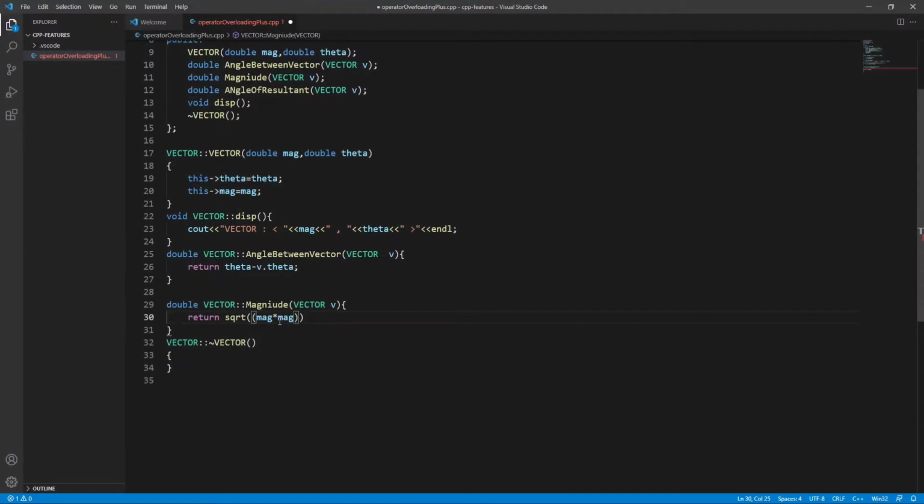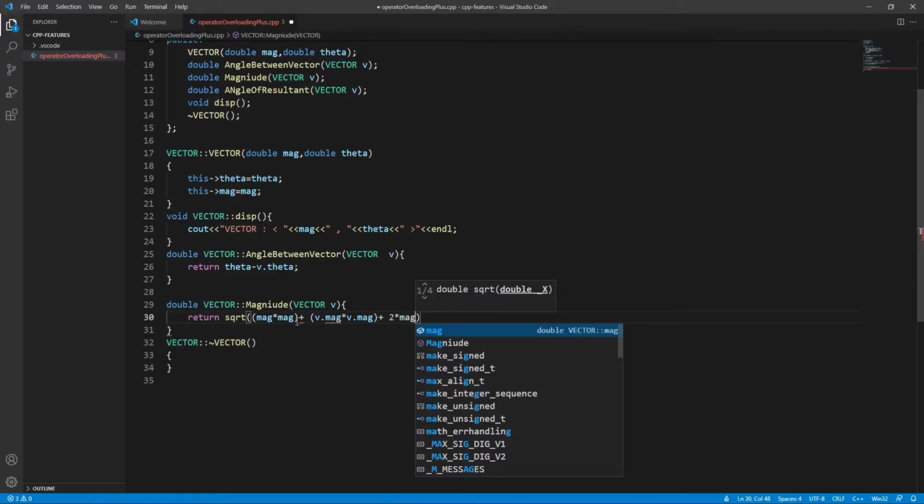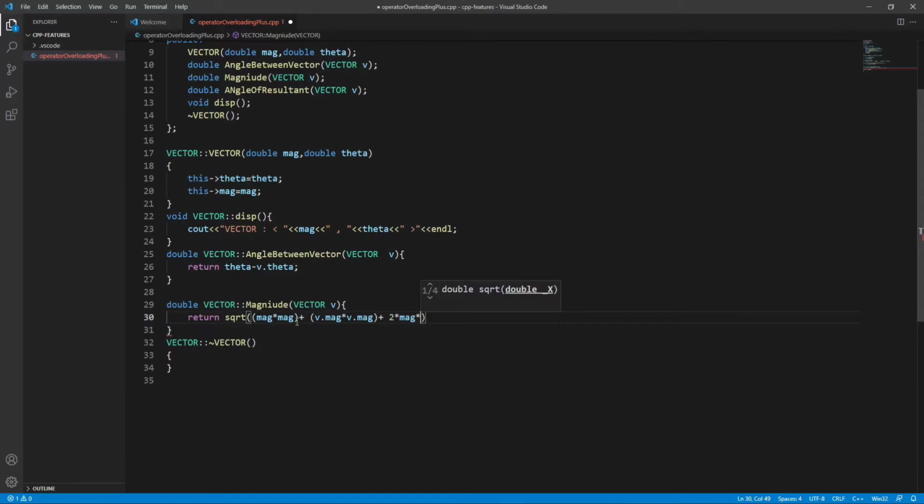Okay, so this is v1 square. Then we will be doing plus v dot mag multiplied by v dot mag, that is v2 square. And then plus 2 into v1, that is mag, multiplied by v dot mag, that is v2, multiplied by cos of the angle between two vectors, right?